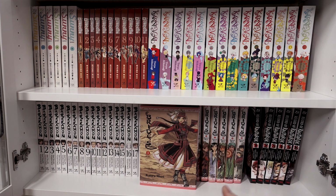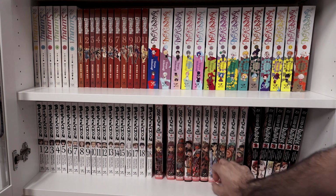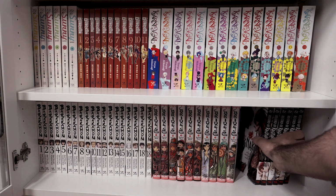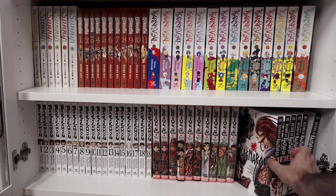I appreciate, like Emma, they did the hardcovers for this, Yen Press has. But this series, I have 1 through 10. I am now needing to get the next 3 volumes, and then I think 14 is coming out soon. And then last, we have some room here for those 3 volumes when I get them, is